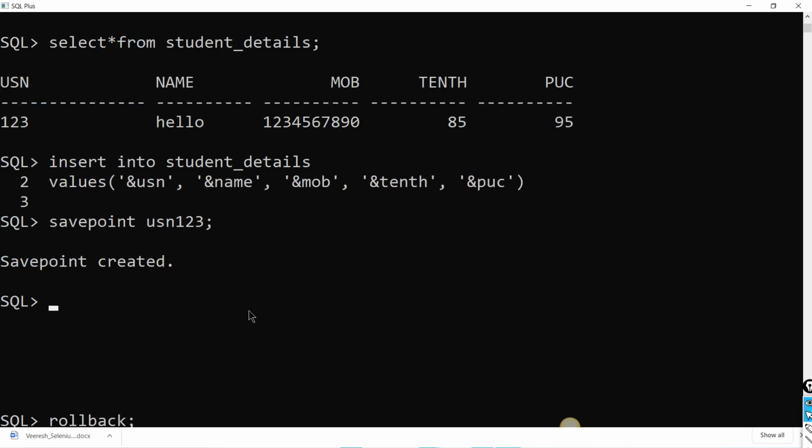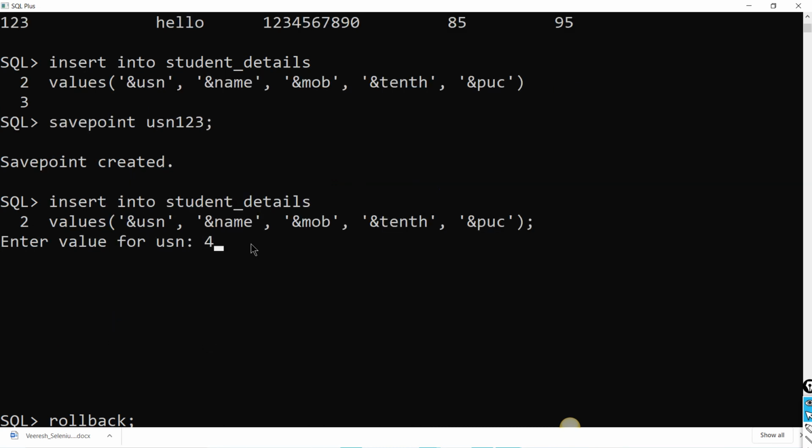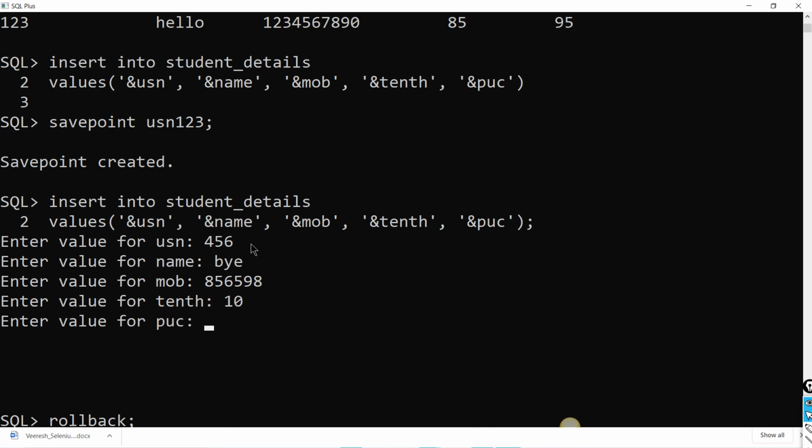Savepoint created. Now I'll insert one more value. Insert into, semicolon. So 1 2 3 4 5 6, hello, bye, number 85 6, and then 10th percentage, 10, 20.